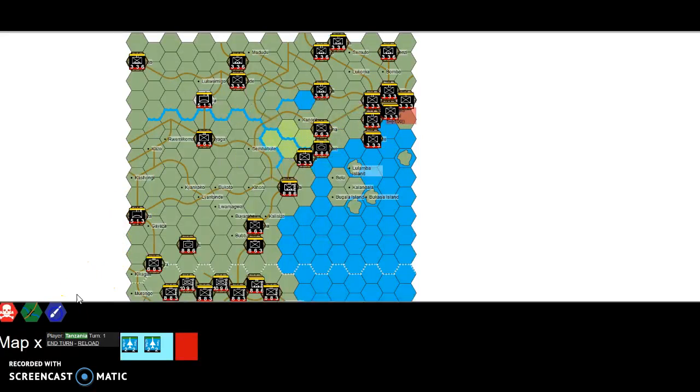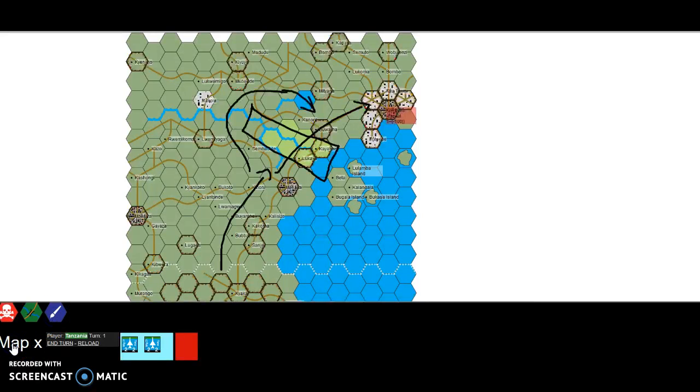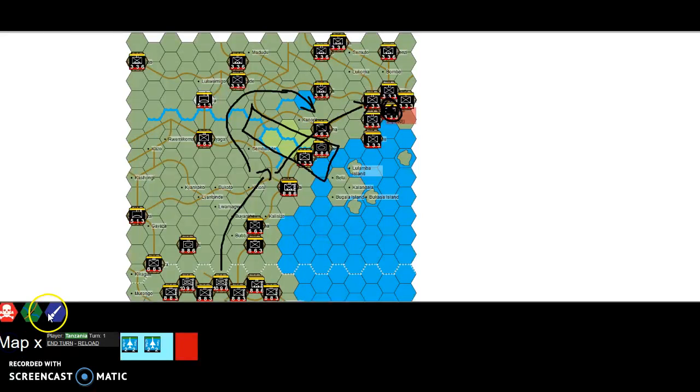So I could switch it off, or I could leave it on, and I could toggle. I can toggle map mode. Oh, look at that! And then that's pretty much all there is to do. And then we take Kampala. I'm excited about this. So I'm not going to do any more on this,